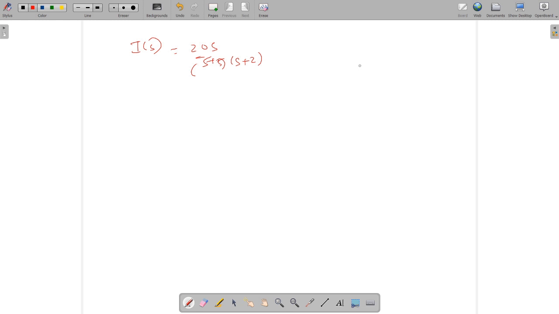So if I want to find the location of the poles and zero, what do I have to do? You will have to equate s with zero. Then s plus 5 will be equal to 0. Then s plus 2 will be equal to 0. So what you get is a zero at the origin, the first pole at minus 5, that is on the negative real axis, and the other pole again on the negative real axis but at location minus 2.